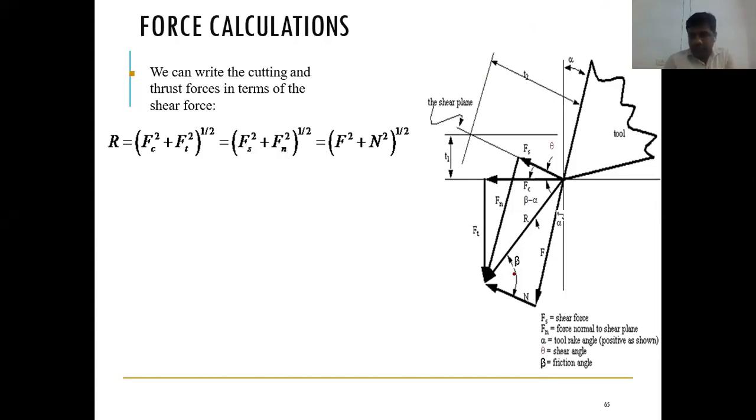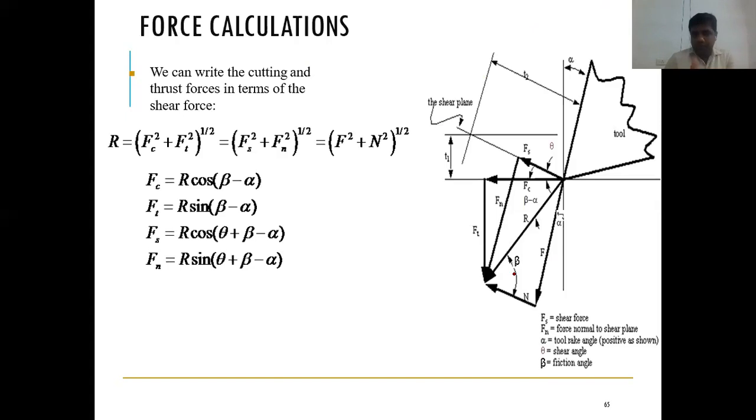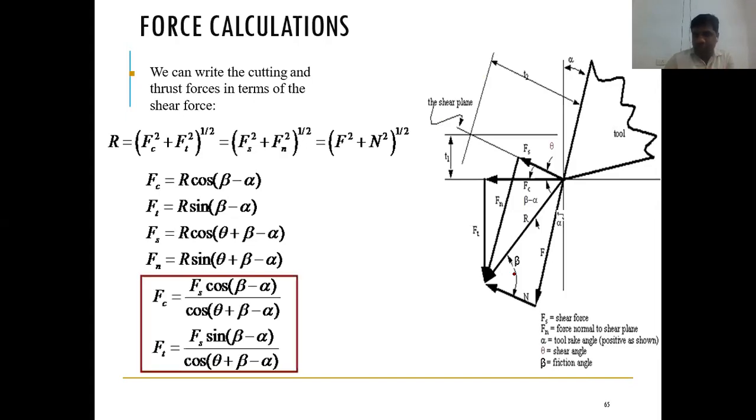So इससे पहले क्या कर रहे थे हम? FC and FT we had taken, and from that we calculated other parameters. But now we calculate FC from Fs. If we know Fs, how do we calculate other parameters? The simple thing: every relation, because the R value is there. If you know the trigonometry, the simple formulas come. FC equal to R cos beta minus alpha, and FT is equal to R sin beta minus alpha. This is nothing but our trigonometry. So from this trigonometry, if you know the R value in terms of Fs, you can calculate even FC and FT also.